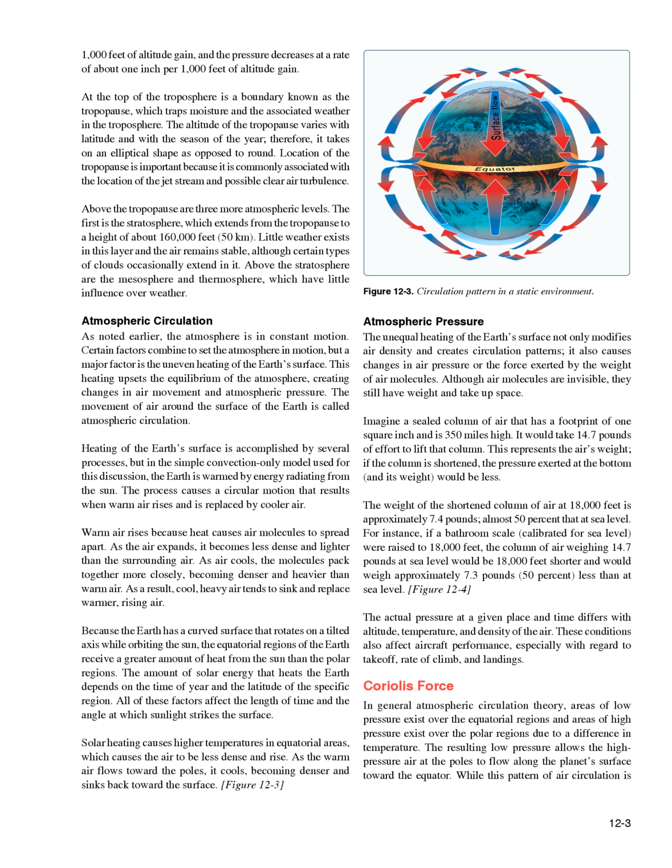All of these factors affect the length of time and the angle at which sunlight strikes the surface. Solar heating causes higher temperatures in equatorial areas, which causes the air to be less dense and rise. As the warm air flows toward the poles, it cools, becoming denser and sinks back toward the surface. Figure 12.3, Atmospheric pressure. The unequal heating of the Earth's surface not only modifies air density and creates circulation patterns,